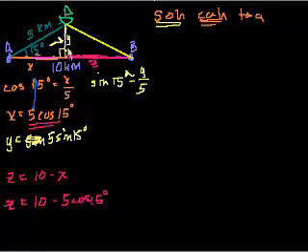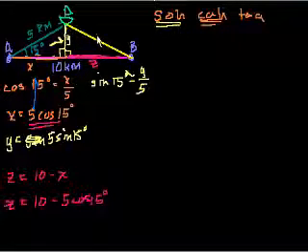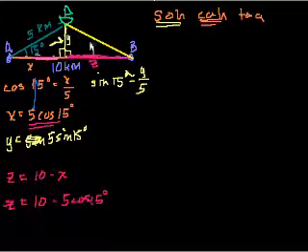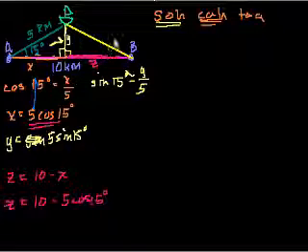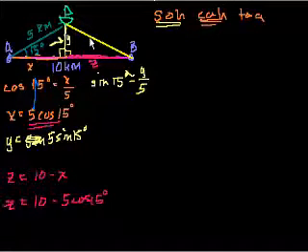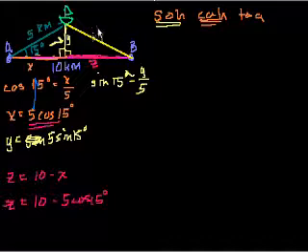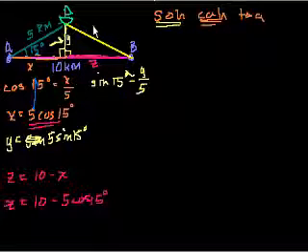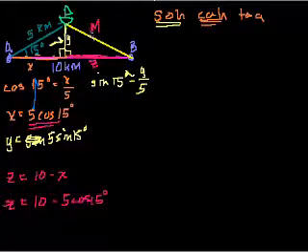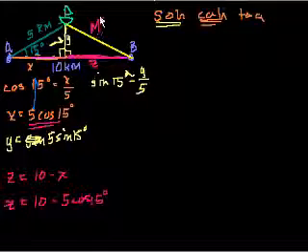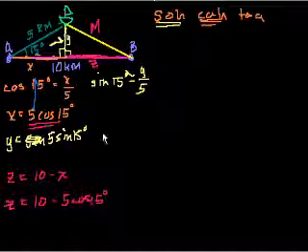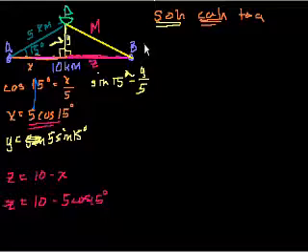So we know z, we know y. This is a right triangle, and we're looking for this yellow side, whatever we want to call it. That's the answer to the problem. Well, this is starting to look easy. This is just the Pythagorean theorem. So y squared plus z squared is going to be equal to our, let's call this m, picking an arbitrary letter. So y squared plus z squared is going to be equal to m squared. I don't know why I picked m, really just to confuse you, I think. So m squared